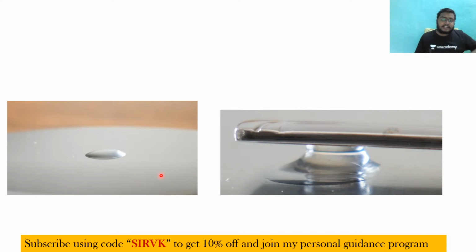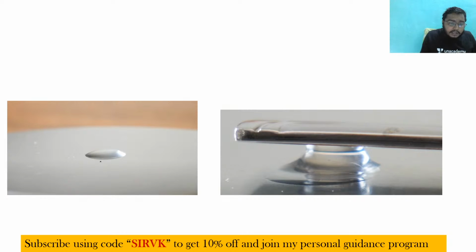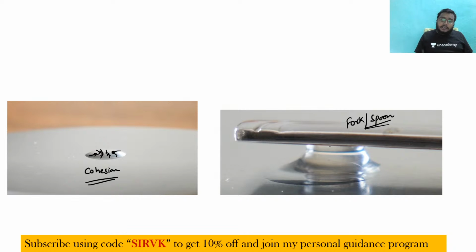Understand this also. See, what is this? Is it a water molecule? Yes, it is a water molecule. Earlier this water molecule was bonded together with the cohesion force, so the water molecules are bonded like this. Now what is happening? When you take a fork or a spoon, or any other thing, and touch the surface of the water, what is happening here? Earlier the cohesion was acting. Now what is happening? Due to this adhesion,